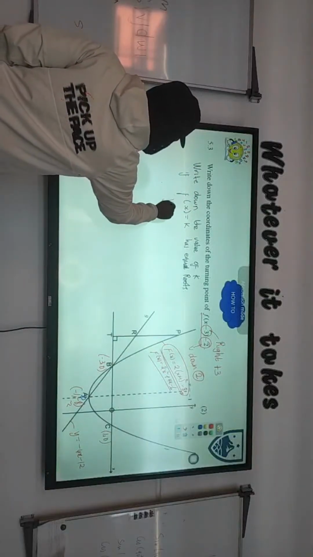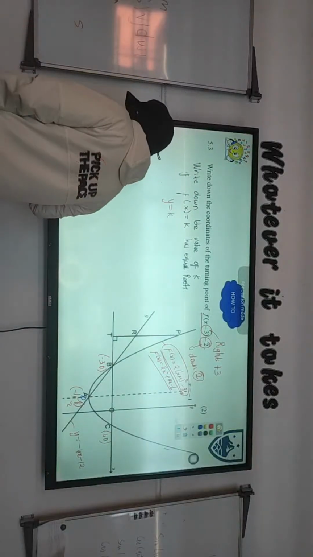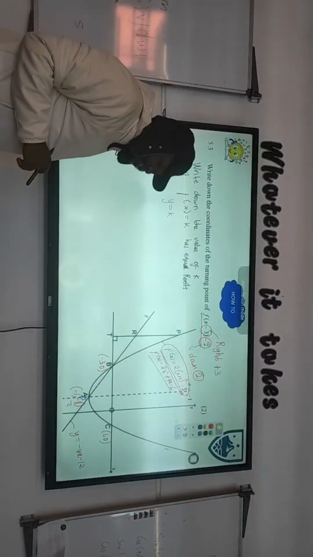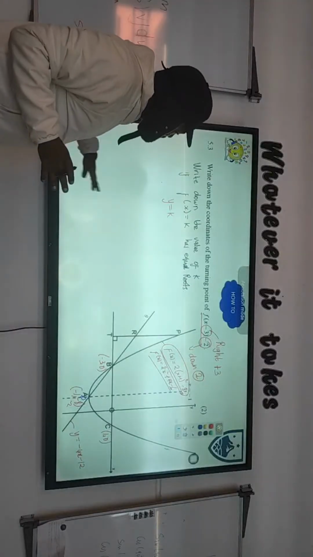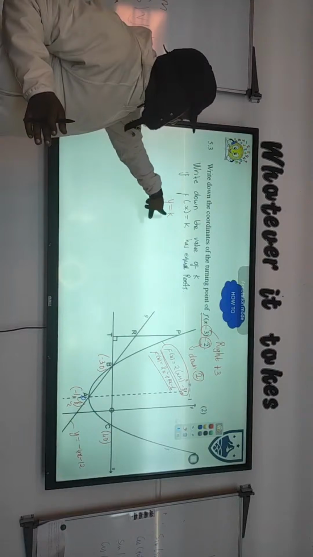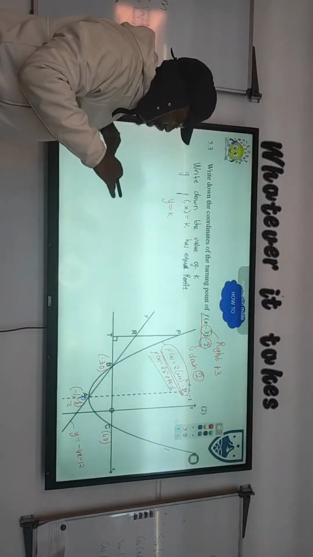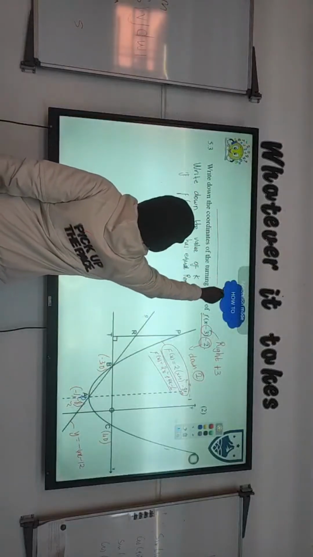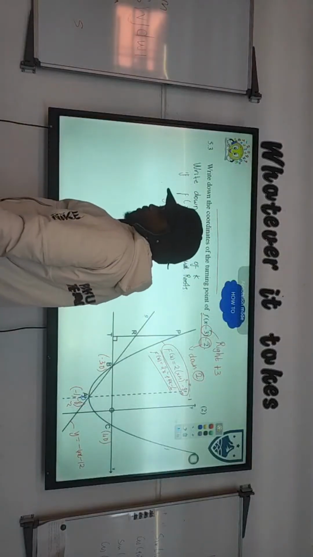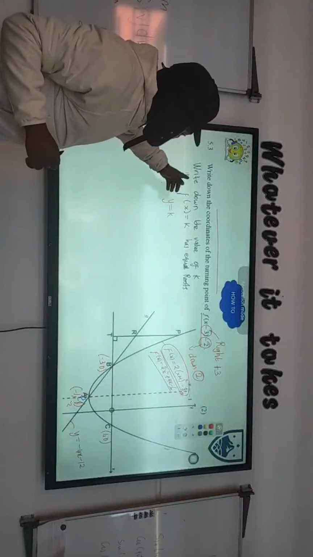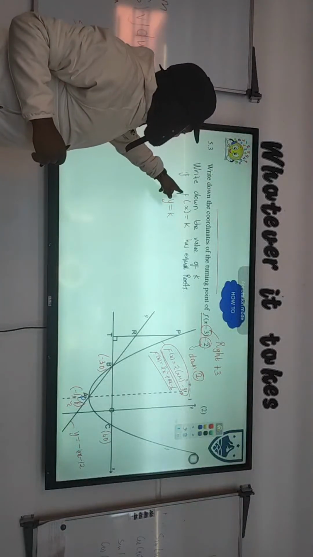So we have y equals to k. So y, which is f at x, equals to k is just a straight line, and this is a constant. So we are expecting to have a line that is perpendicular to the y-axis. So we are saying, write down the value of k if f at x equals to